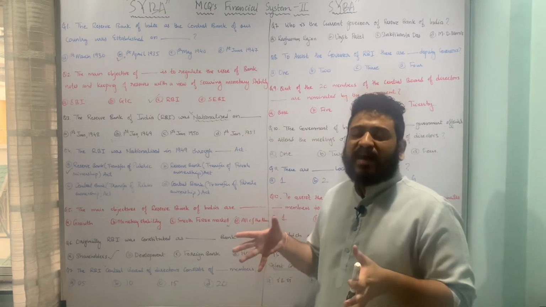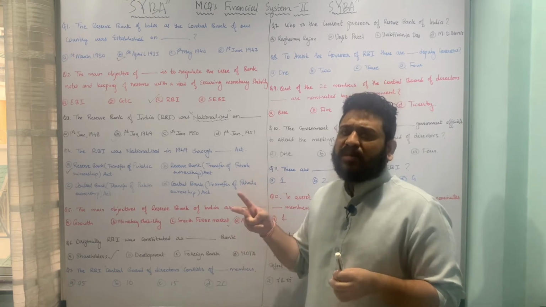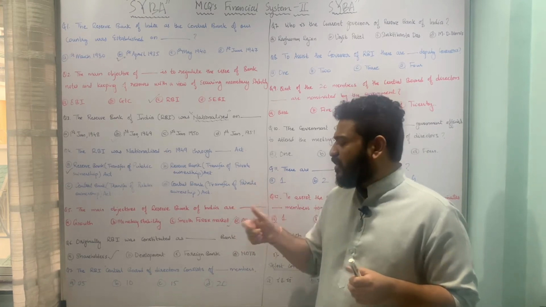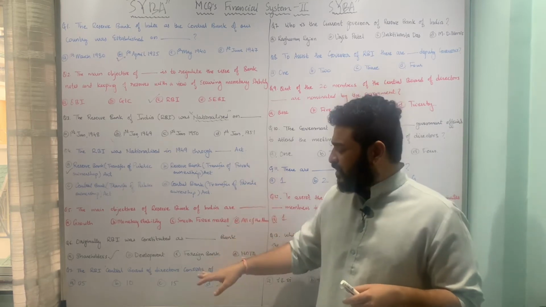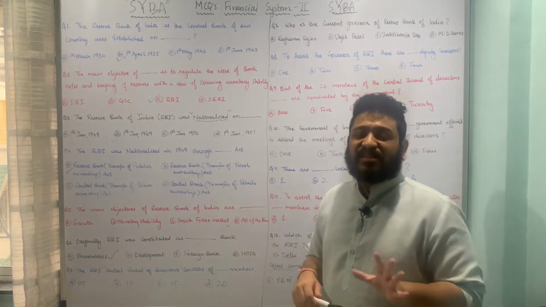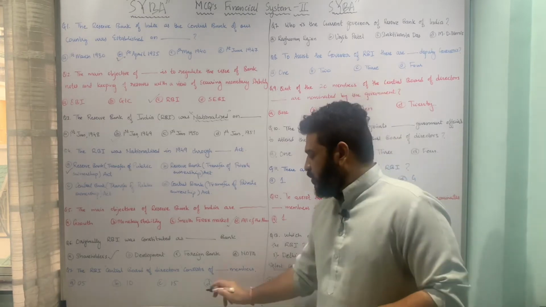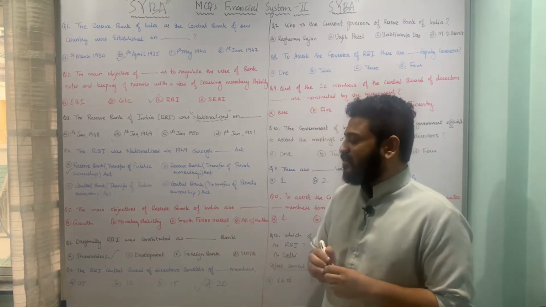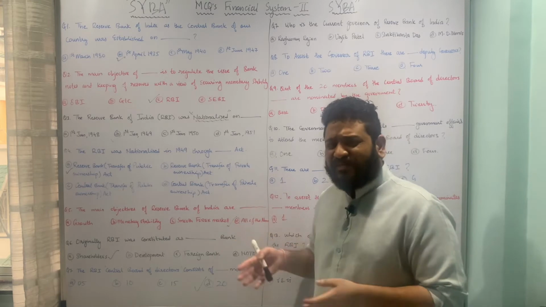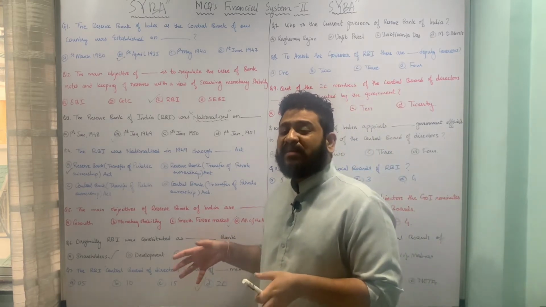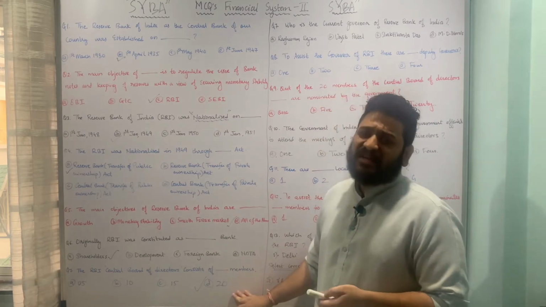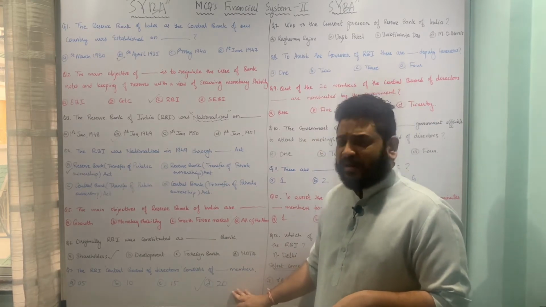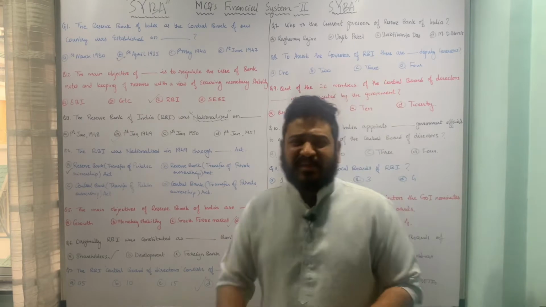So there are two different boards to assist the Reserve Bank of India. One is called the Central Board of Directors and the other is the local boards. Anyways, the Central Board of Directors consists of 20 members. So here option D is the correct answer. Or the other way around, they will ask you how many members are present in the Reserve Bank of India Central Board of Directors. So the answer is going to be 20. Okay, so I hope this is pretty much clear. Let us now move to the next one.